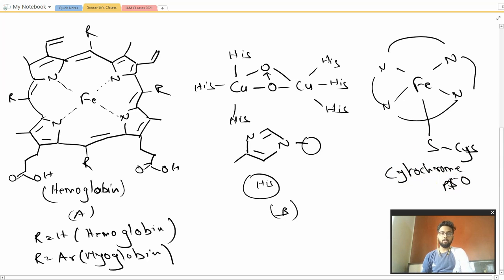In all of these, you can see that hemoglobin has a heme derivative, and myoglobin has a heme derivative. I have not drawn the cytochrome correctly, but I have told you that it more or less has the heme protein, in the form of the hemoglobin structure. So this one also has a heme protein. Now we may notice that option B, hemocyanin, though it has heme in the name, does not have any heme in the exact molecule, and therefore option B here would be the correct option.